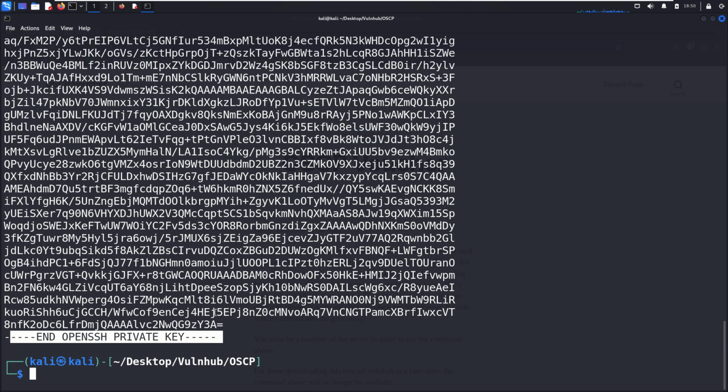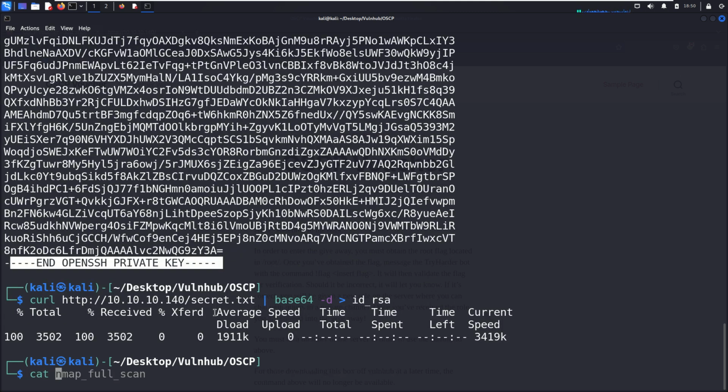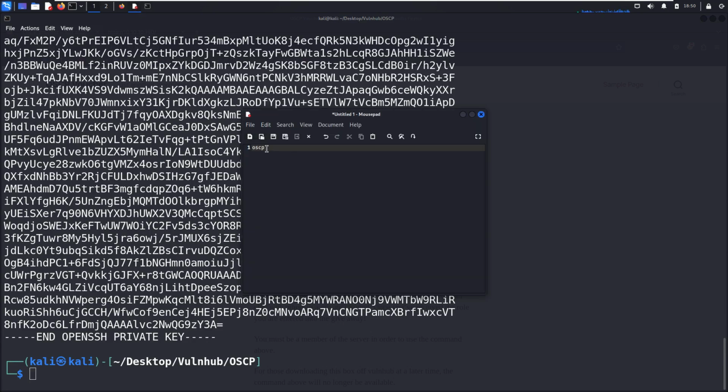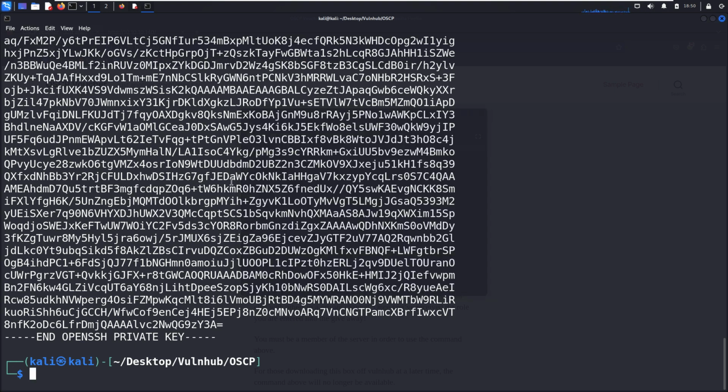Okay, and we can save or redirect to the file. For example, we can call it private key, and we can carry out the private key, no problem. So just now we have already known that the target has only one normal user. So I think there is almost 100% that this private key is owned by this user, or SCP.